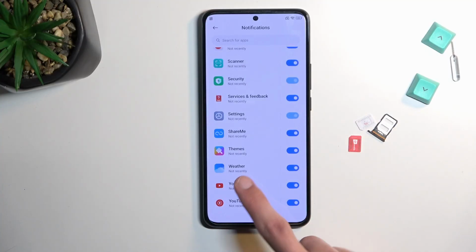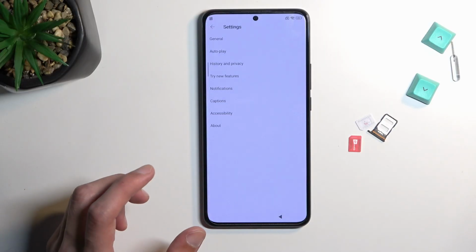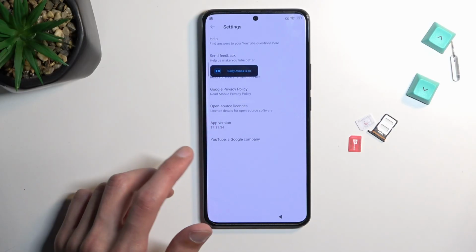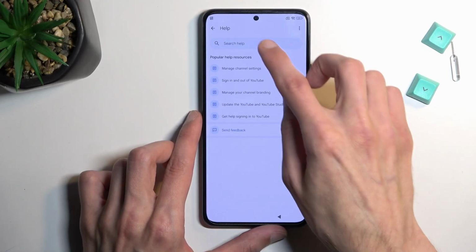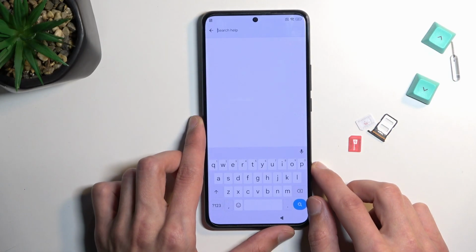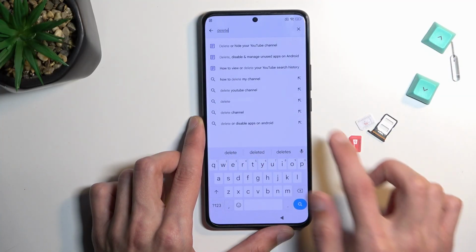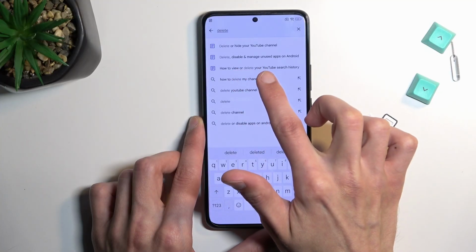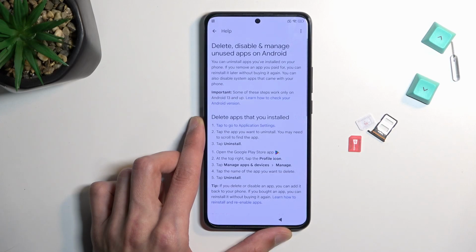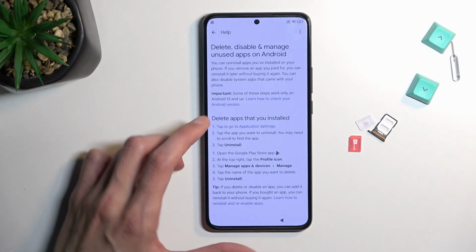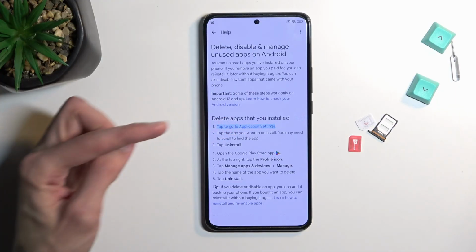and then we're gonna go to YouTube all the way down, and then additional settings in the app, about, help, and then in the search help you want to type in delete or disable and manage applications on Android, so the second option at least for me. And now we're gonna tap on the first step, so tap to go to application settings,